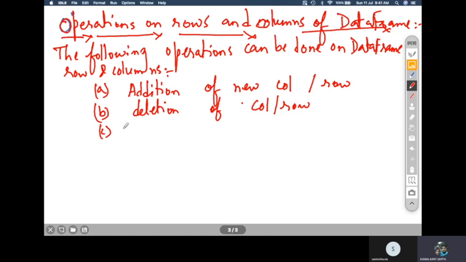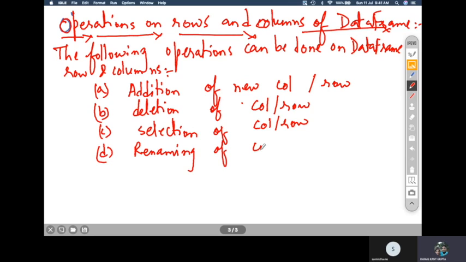Third is selection and renaming. Renaming of rows and columns. So these are the 4 operations you can perform on rows and columns of a data frame.